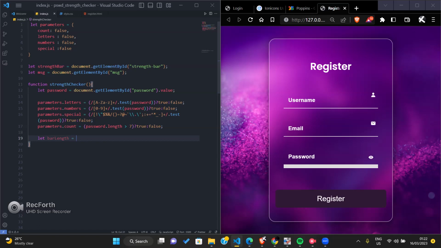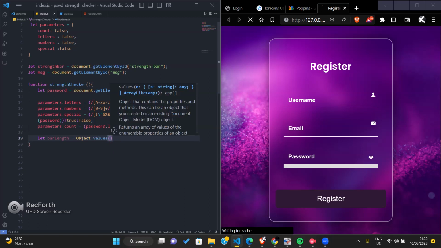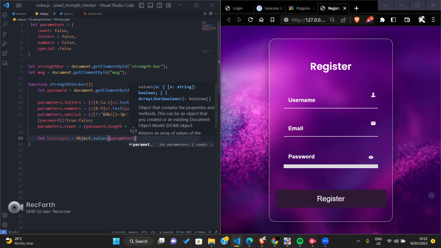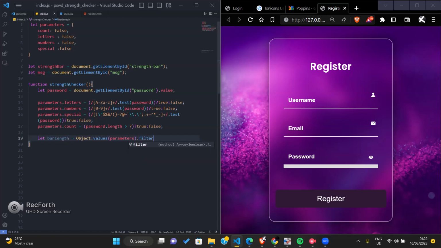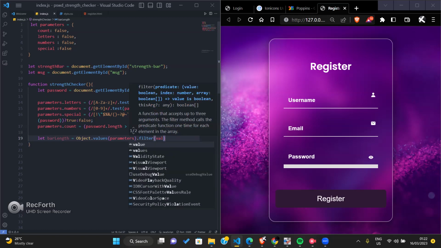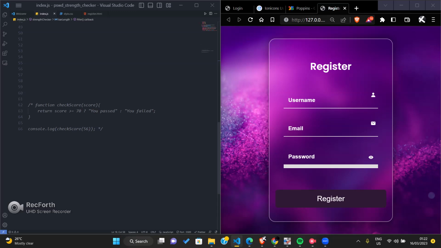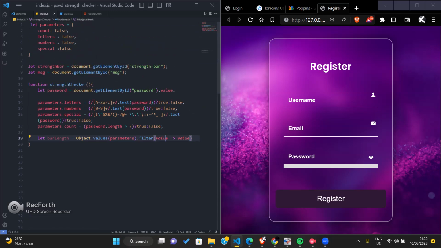So right there, we're going to create a variable balance equals Object.values, parameters. So this ought to be value. Okay, then